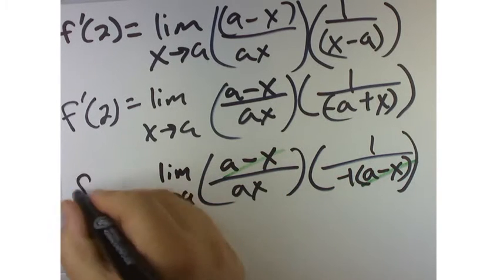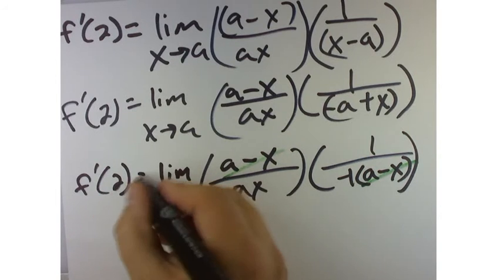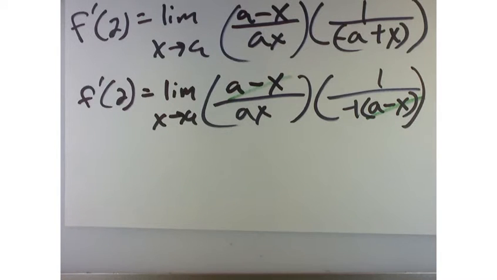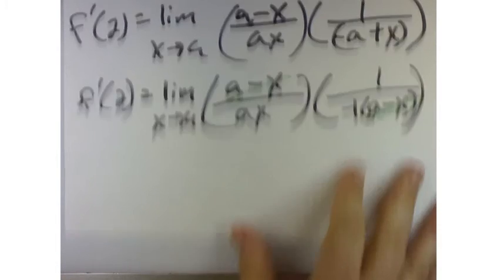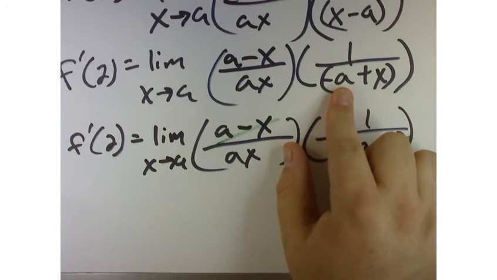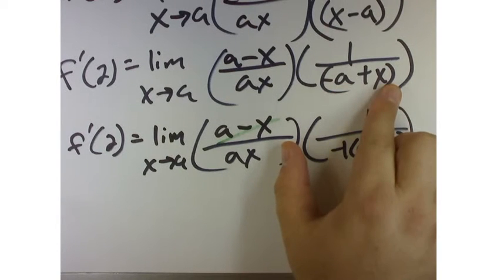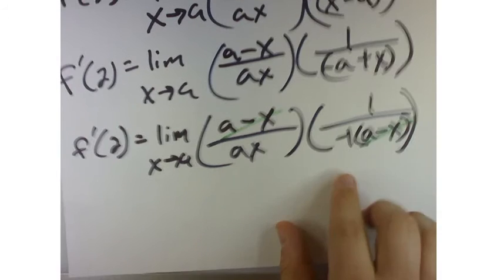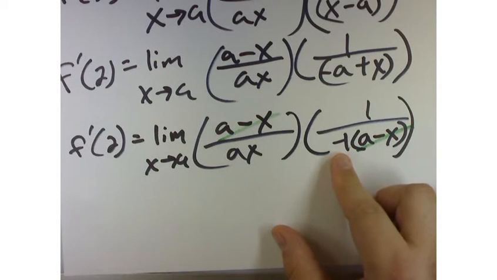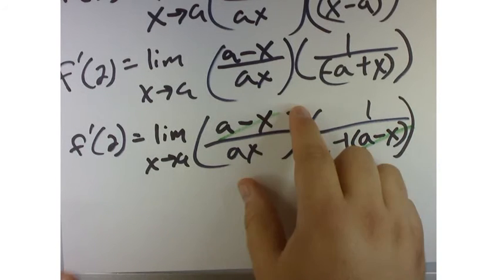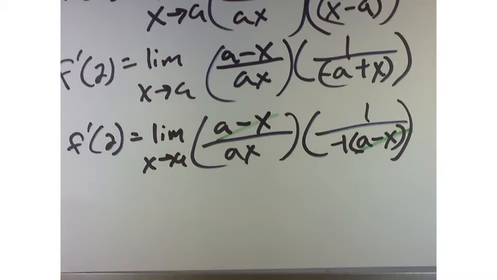Alright, so I just kind of skipped that step, and I'm glad that you asked because now we know exactly where it came from. So when I wrote it this way, I said, wouldn't it be nice if I could make this a positive a and this a negative x? Well, I can if I factor out a negative 1. When I factor out the negative 1, then I can cancel this with this. And what I'm left with